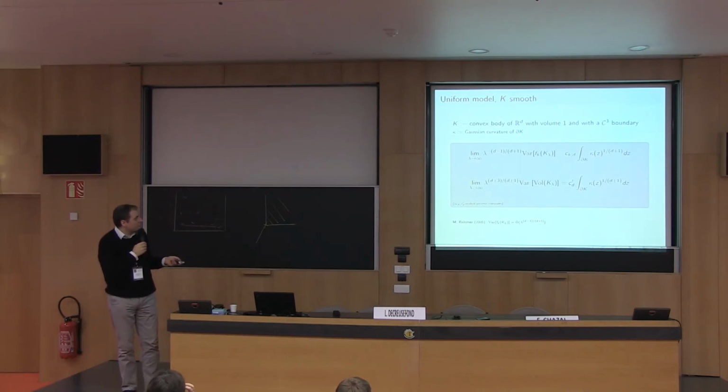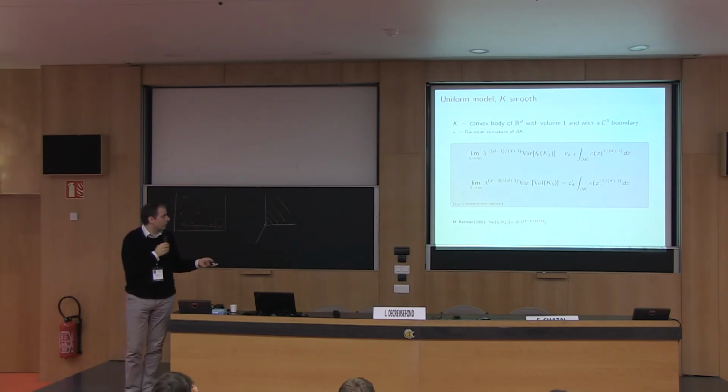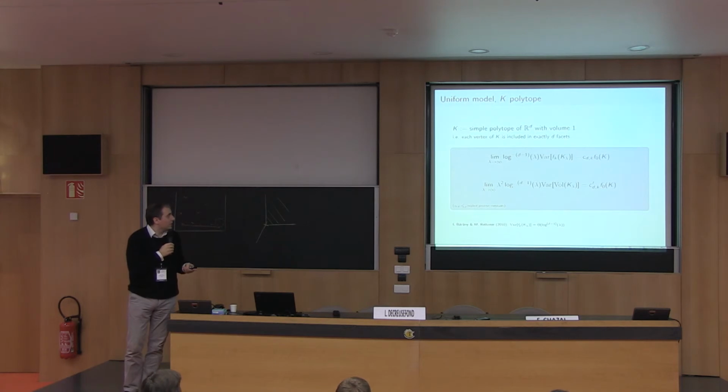And the best result before ours was due to Matthias Reitzner in 2005, and it was only a lower and upper bound of the variance. Okay, in the case of a polytope,